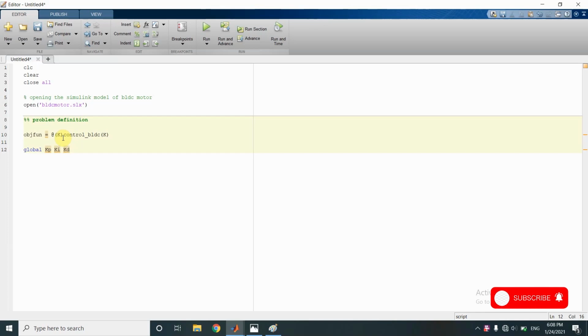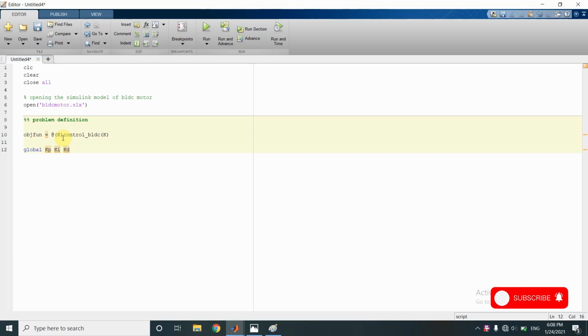So they can be used within the function itself. Outside the function, they have no scope. But if we define the variables as global, then they can be used outside the function file itself, and they will be available in the workspace so that they can be taken up by the Simulink file for running the Simulink model.